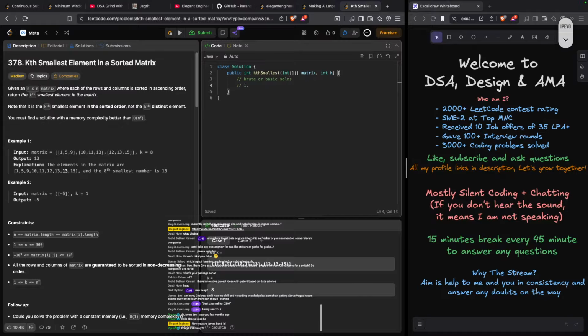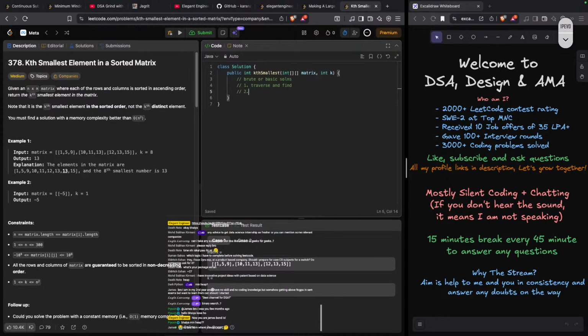First is traverse and find. Second is max heap for k elements. Third,